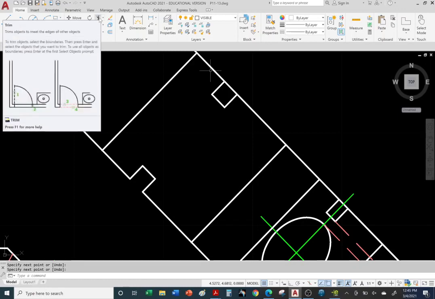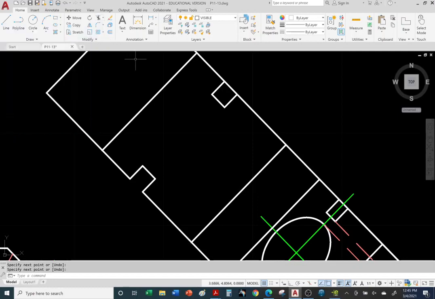Okay, so you're going to pick lines. It doesn't have to be lines. It can be any curves or lines you have already in your model. You can use them to cut other elements. Okay, so what I'm going to do is